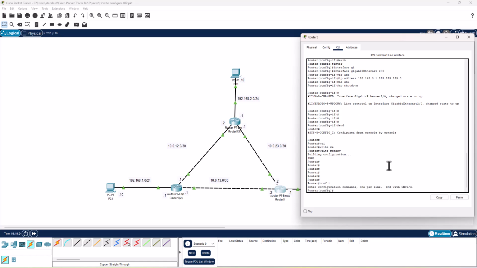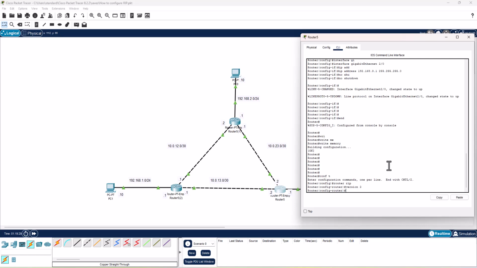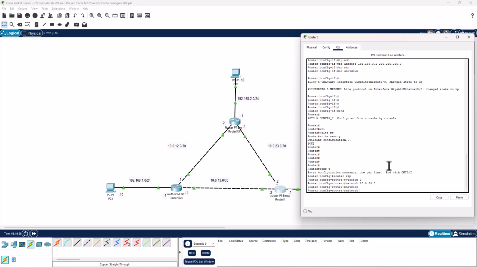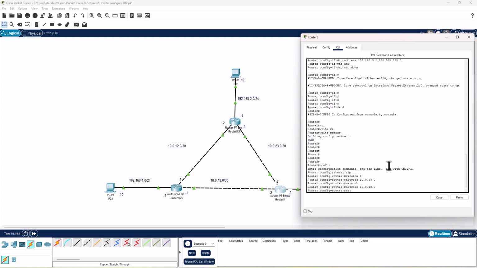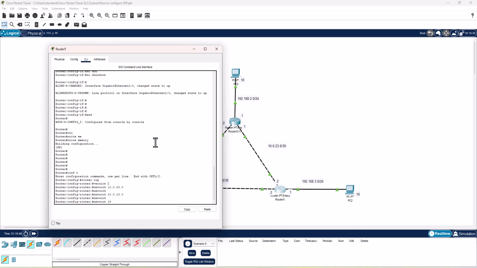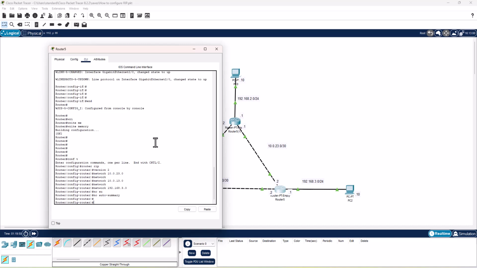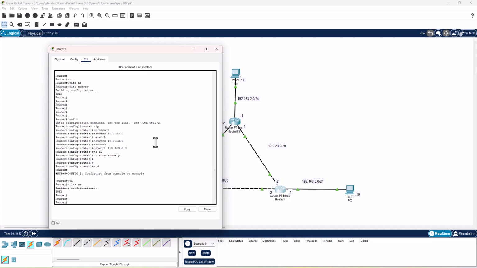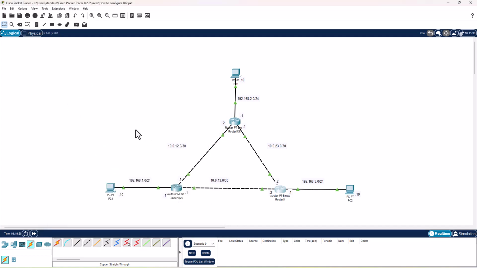So back into configuration mode, router rip, version 2, network 10.0.23.0, 10.0.13.0, and 192.168.3.0 and then no auto-summary, and save our changes. Close the window, fast forward the time,